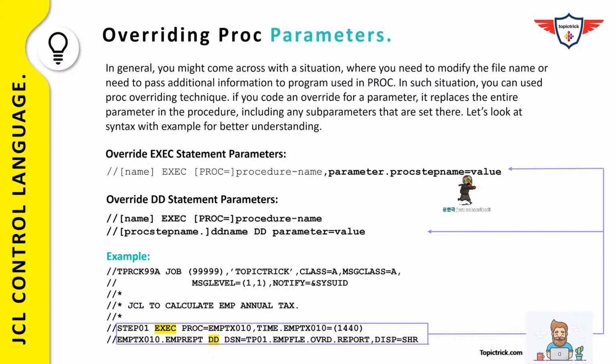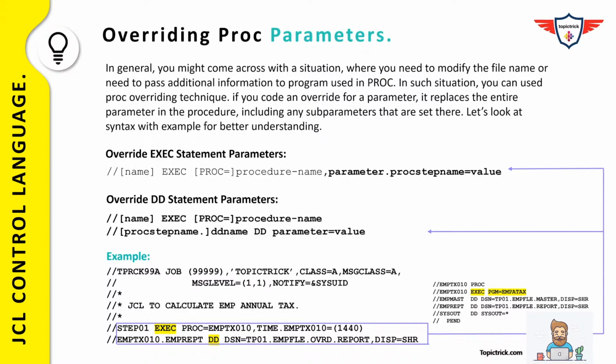So again, there is a sample JCL and we are using the same catalog procedure that we used in our previous example. In this case, the first two lines are again a job card, and after that you have the next three lines, which are actually a comment section that lets you know what exactly this job is doing. The next step is STEP01, which is an execute statement, and this execute statement is invoking or executing the catalog procedure that is